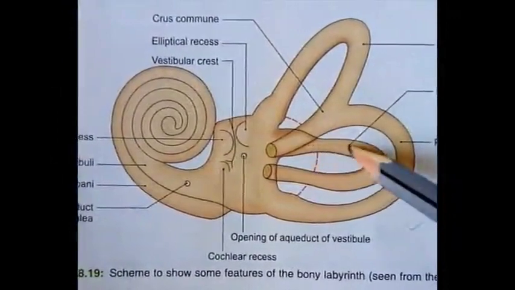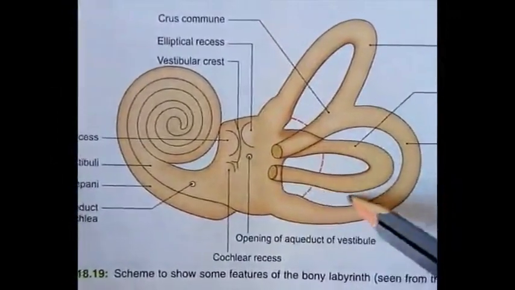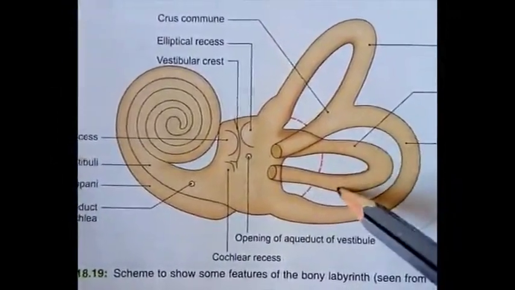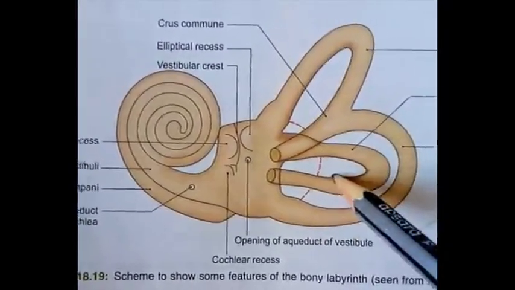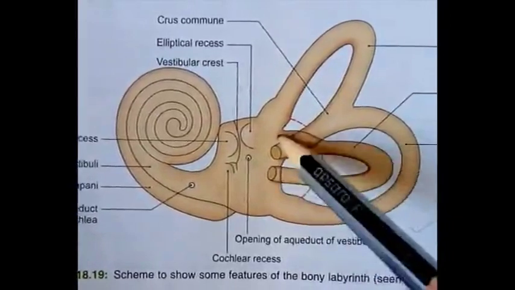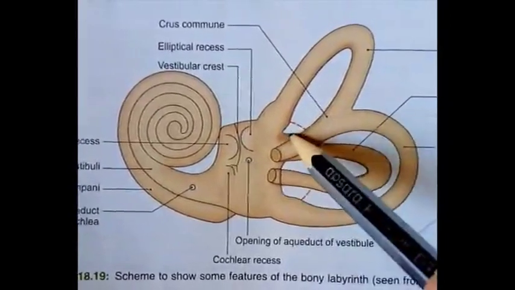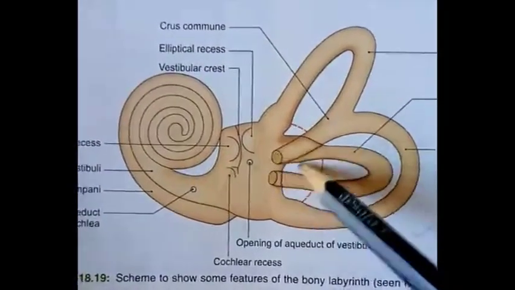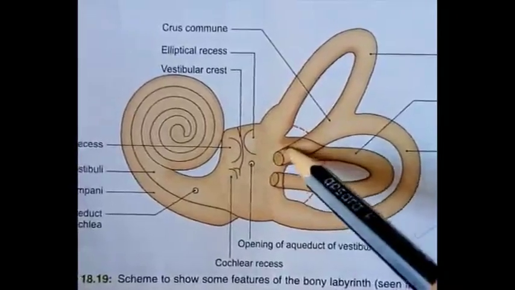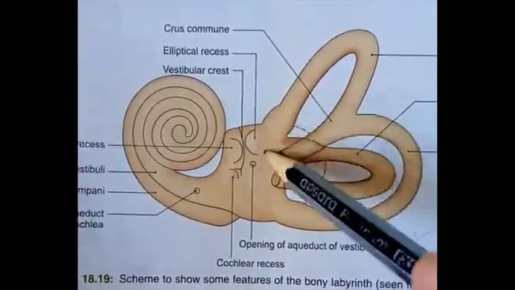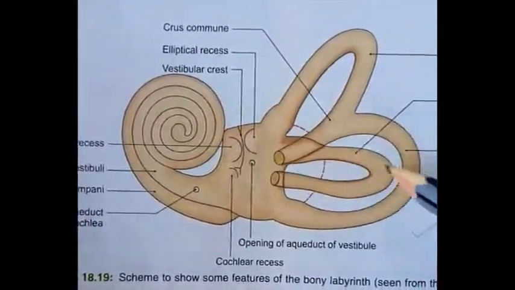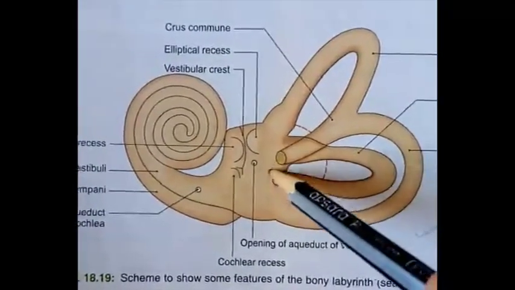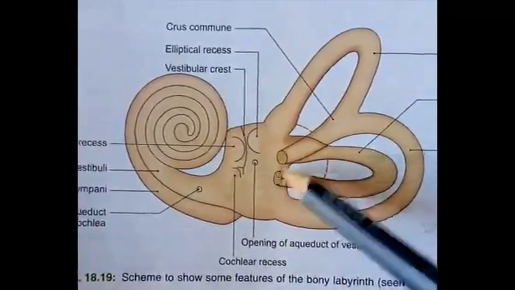Next is lateral semicircular canal. It lies in a horizontal plane with its convexity towards the posterolateral side. Its 2 ends open directly into the vestibule. Upper end forms the ampulla, and it opens close to the ampulla of superior canal into the vestibule, and the other end, lower end, opens directly into the vestibule.